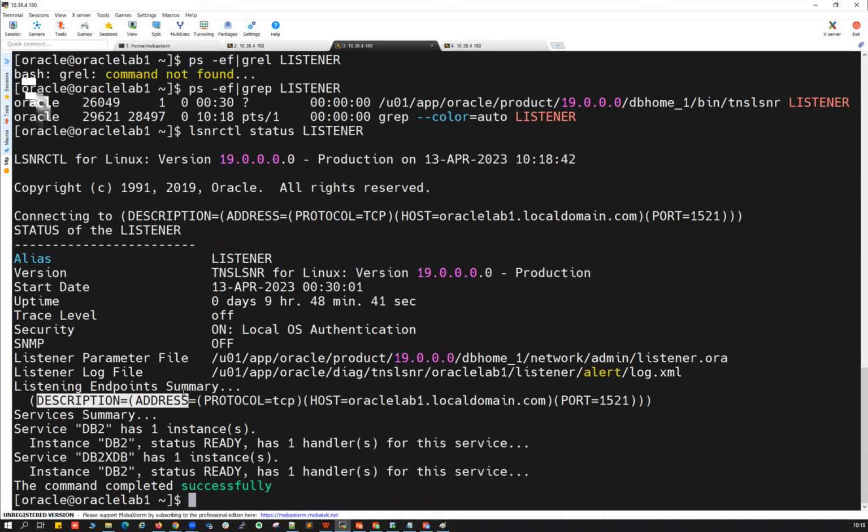Again, if you see, your listener has the protocol and the host name and the port and your database services, service DB2 XDB and service DB2. Your listener has all those details now: protocol, host name, the port and the service name. That's your DB name. So your listener will be up and running here. This service is up and running. It means whatever the application user is trying to connect, I am ready to receive those connections.